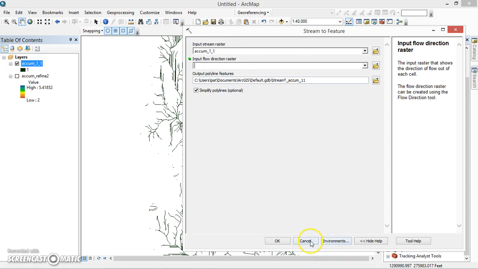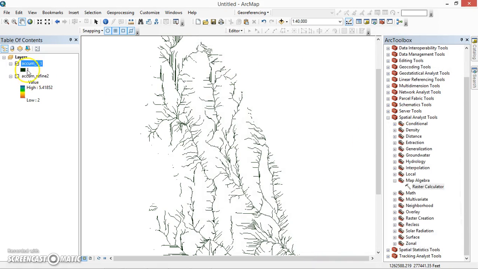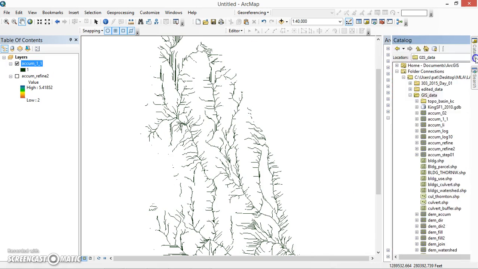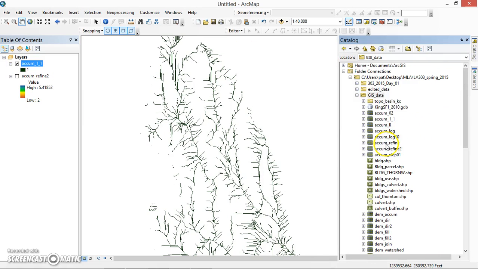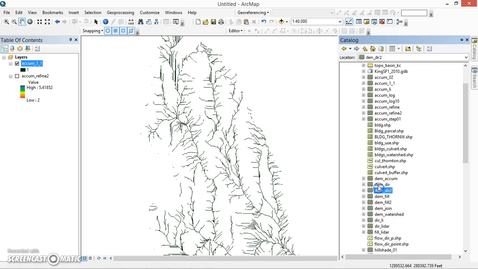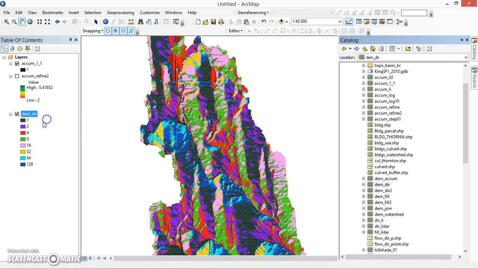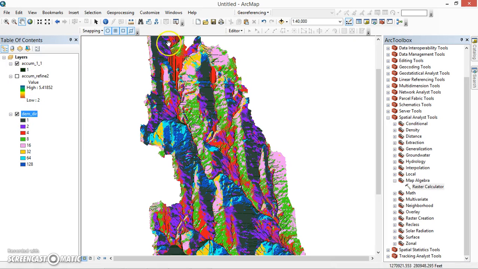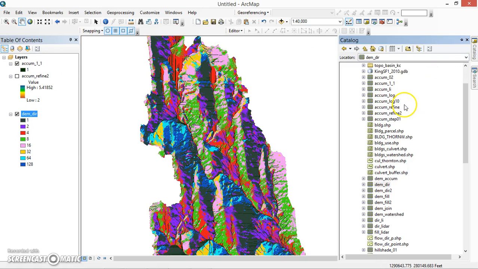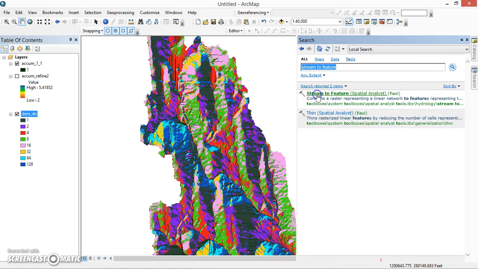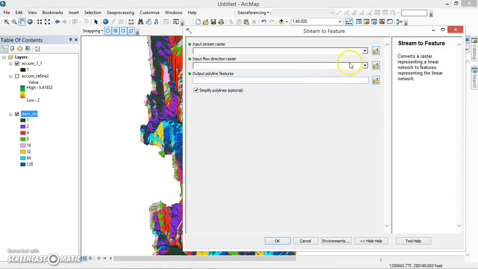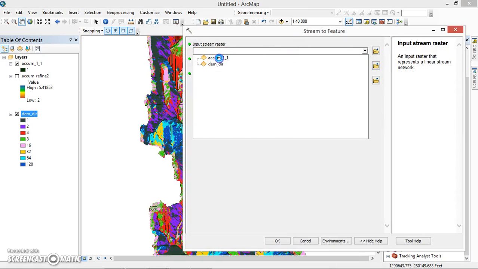Actually, cancel this. We also need a flow direction map. And so I'm just going to bring back my DEM direction here, because it needs to understand the relationship between the movements of the water and that data set, so that way it can get a continuous line. So I'm going to go back to my search again, double click Stream to Feature. It's going to add my accum 1,